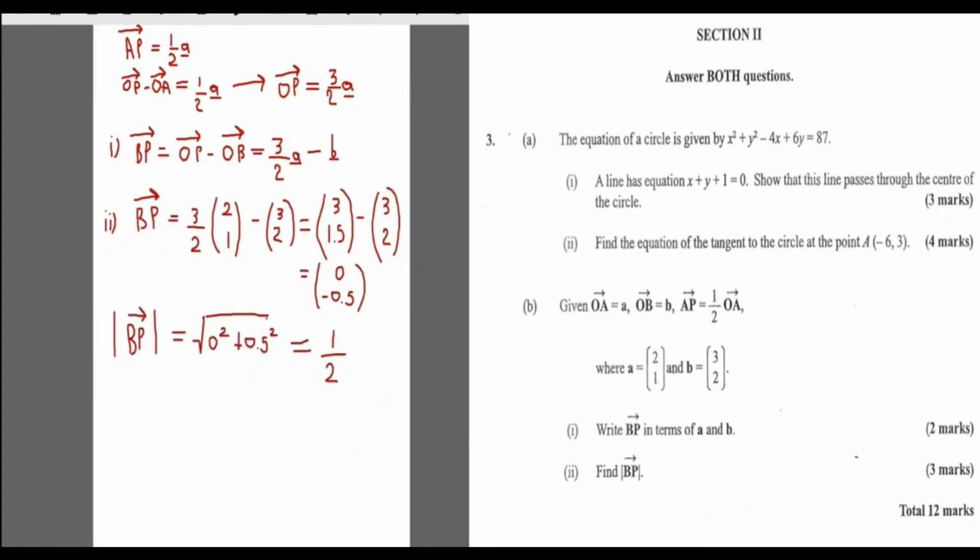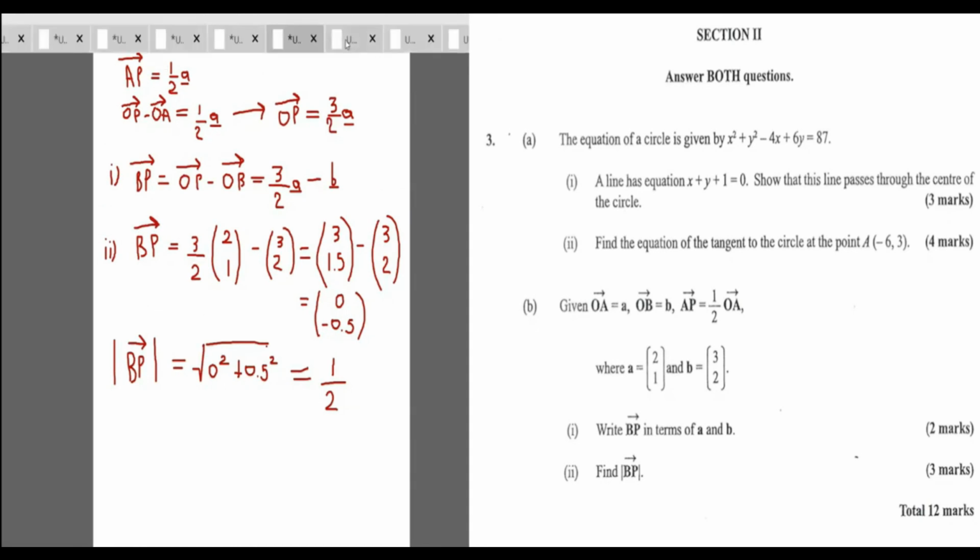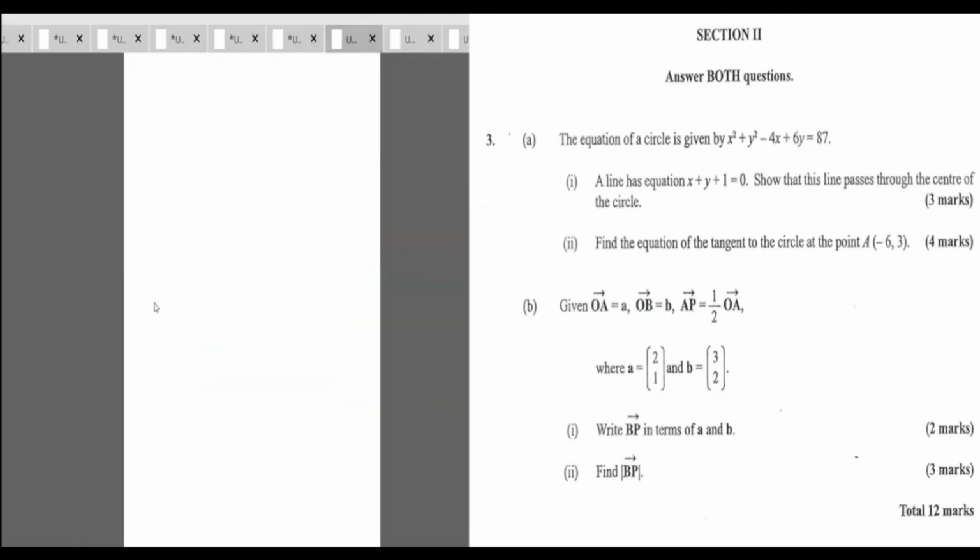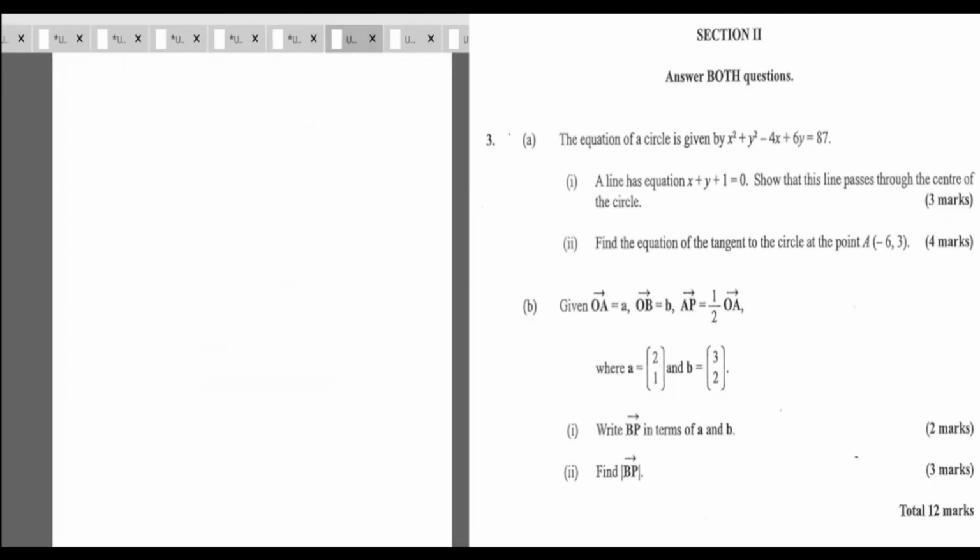That takes care of question 3, no trouble at all. So we did vectors and we did coordinate geometry. Now question 4 is going to include trigonometry. So let's go ahead and knock ourselves out with trigonometry. So question 4, it's telling us that